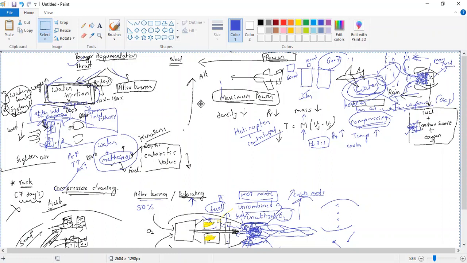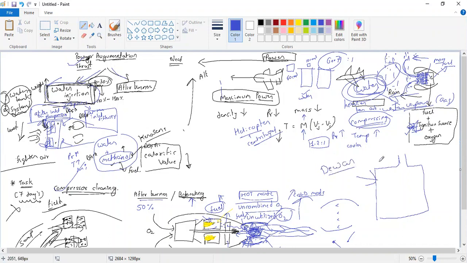Okay, not 273, 173. Just confirm the temperature value. So you need to reduce the temperature to such a low level, and to carry it you require a special container. That special container is a Dewar. It is a double-lined container with a vacuum in between, so that your liquid oxygen can remain in the liquid state. Clear, beta? And this is very, very expensive. Hence we cannot afford it in civil aviation.